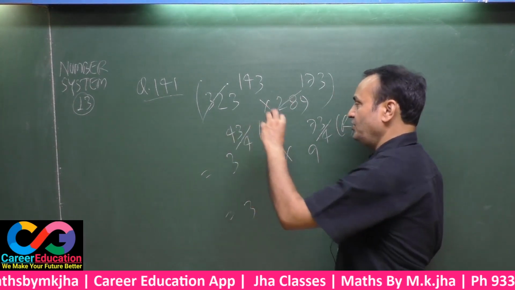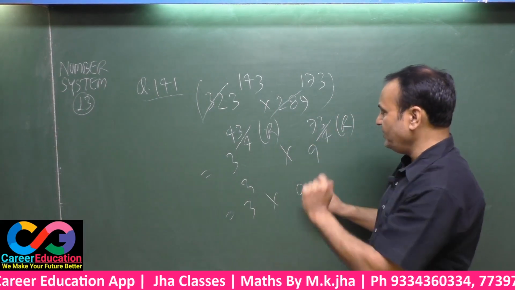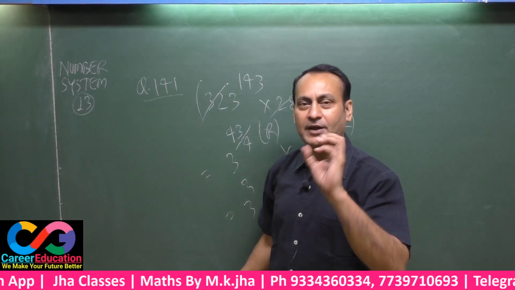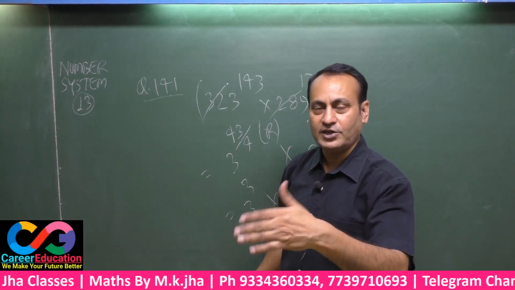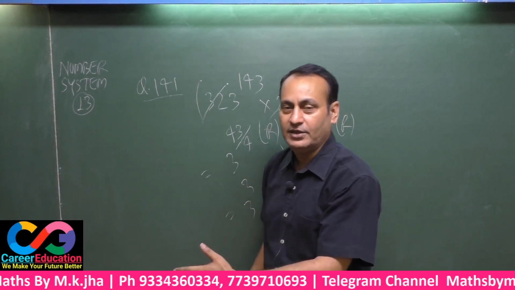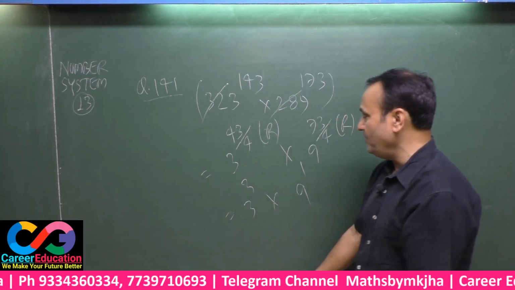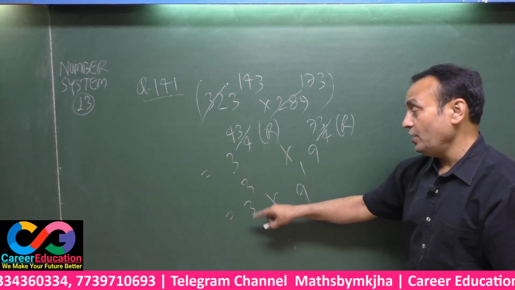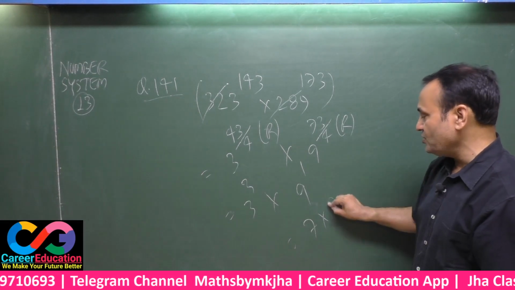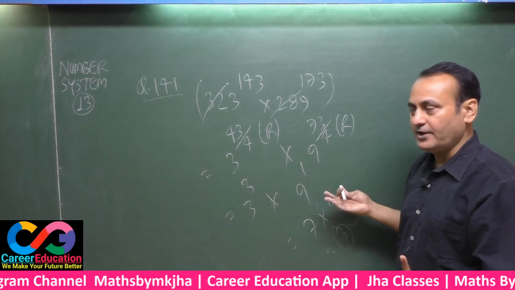4 10s are 40, remainder is 3. 4 18s are 72, remainder is 1. Whenever you divide any number by 4, certainly the remainder will be either 0, 1, 2 or 3. That will be a very small value, and you may calculate it very easily. That means 3 cube equals 27, unit is 7, 9 power 1 is 9, or 9 7s are 63, unit is 3 here. Note down.